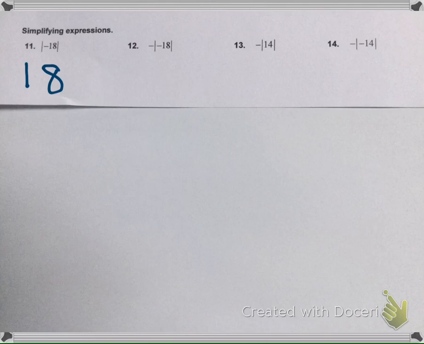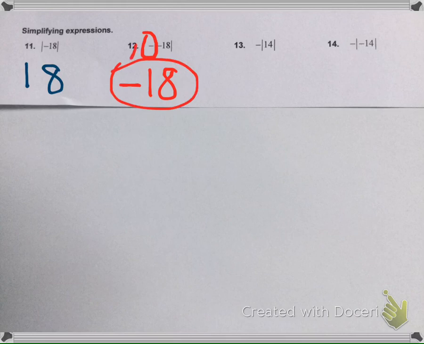Now on number 12, if you've noticed, there's this little negative symbol in front of the absolute value symbol. Do you see that? Okay, so basically that's saying what is the opposite of the absolute value of -18, or negative and then the absolute value of -18? Basically, just bring down that negative and then find the absolute value of -18. We just figured that out in the last problem. How far away is -18 from 0? It's 18, okay? The only difference is you have that negative there, so you need to make sure you bring